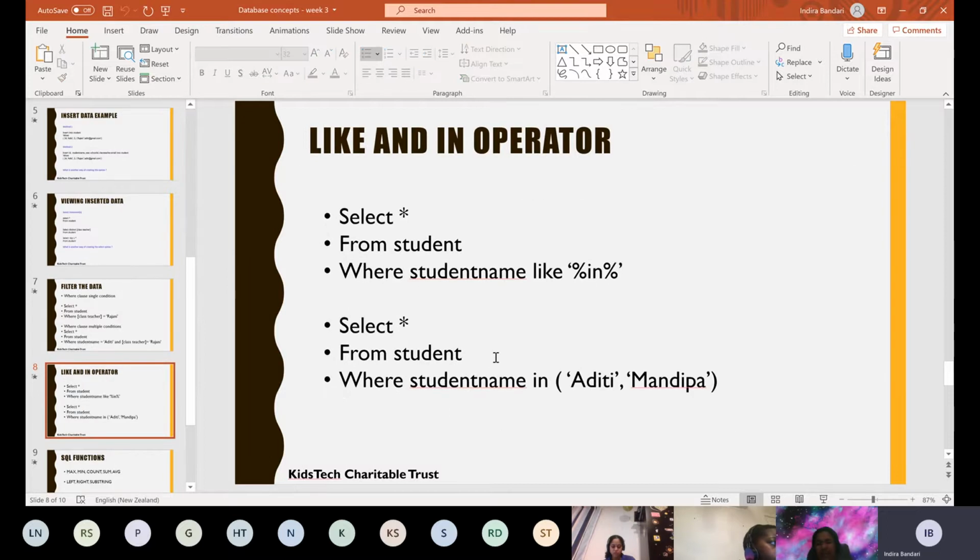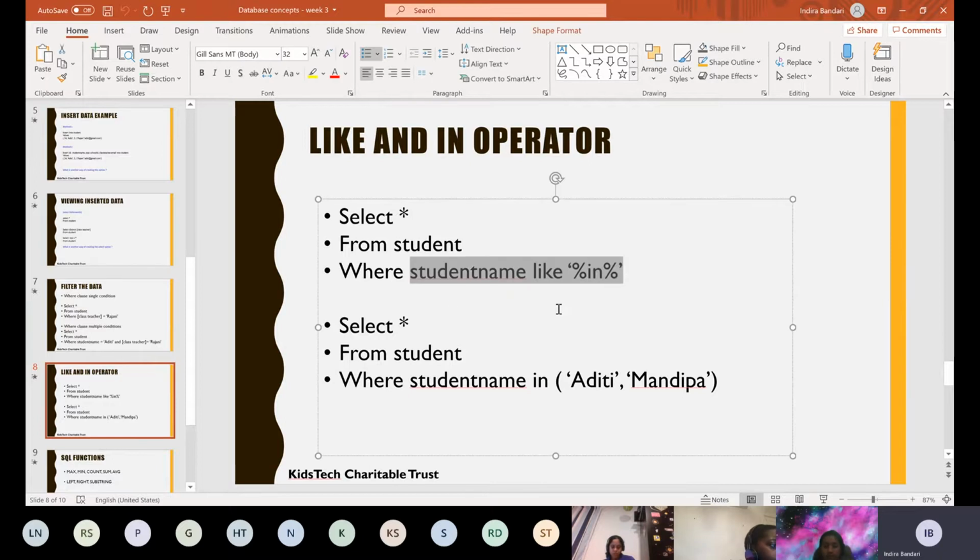And now, what does condition mean? The condition is what we are giving, like we said, where student name is starting with A. That is the condition. This is the where clause, that means the where word, and this is the condition.